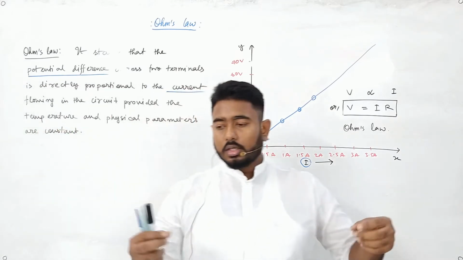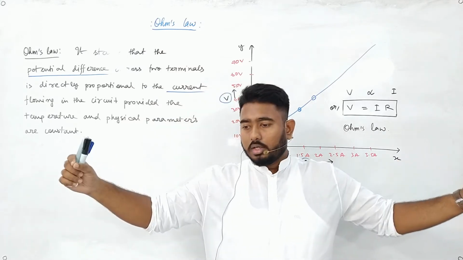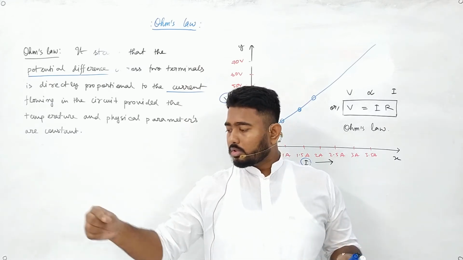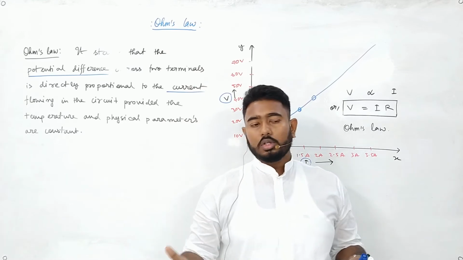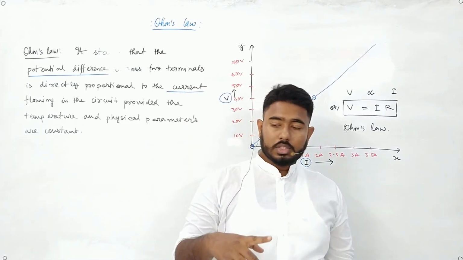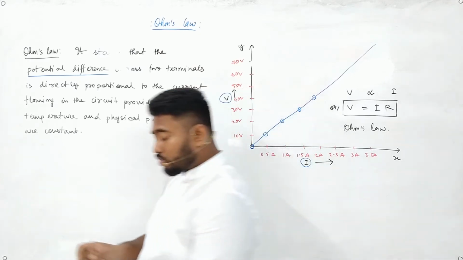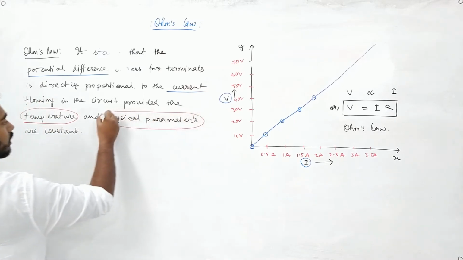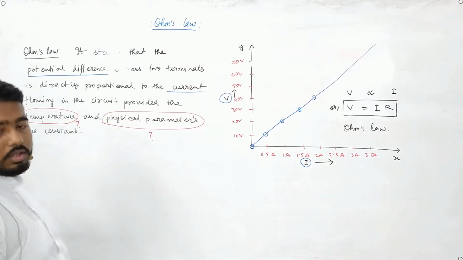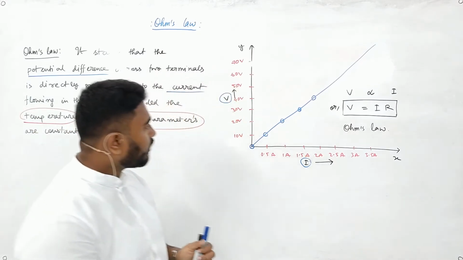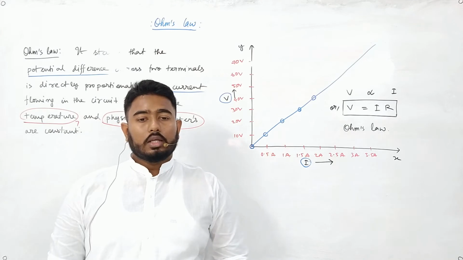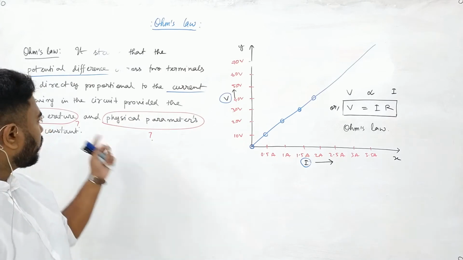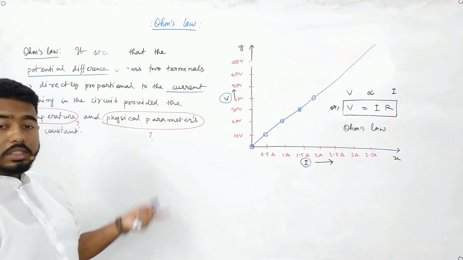Now suppose a wire is there, the current was flowing, now stretch that wire, it will be different, physical parameter is changing. Suppose the current is flowing through this wire, and you started heating it up, the value will be changing. So if these two vital conditions don't change, only then this Ohm's law will be valid. And when Ohm's law is valid, we will simply get a straight line out of it. If they don't change, then the voltage will always be proportional to the current.